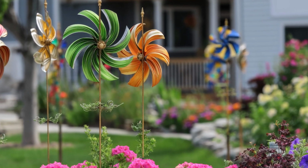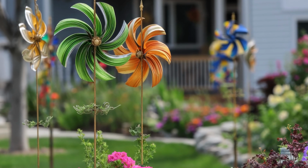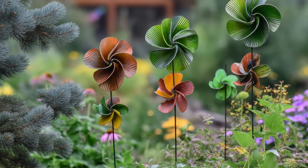By taking something as simple as a soda can and transforming it into a dynamic work of art, this pinwheel showcases the potential of repurposed materials. The kinetic nature of the sculpture, its ability to spin and move in response to the wind,